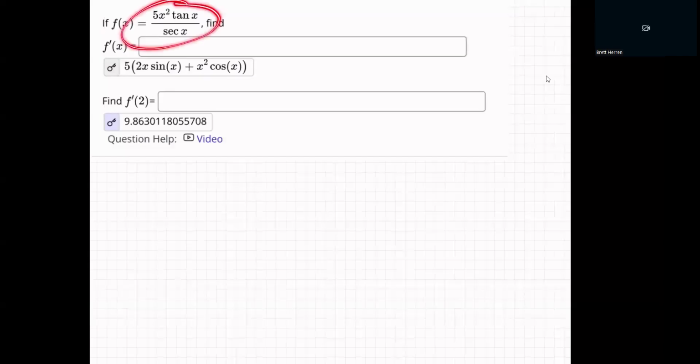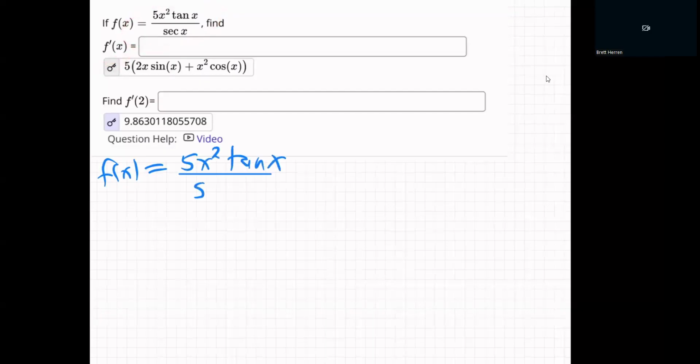This question, we have a function right there, and we're supposed to take the derivative of it. So let me bring that function down here and do a fraction bar, and we have 5x squared tangent x over secant x. Now, you could take this derivative and right away go, oh, it's a fraction. I'm going to have to do the quotient rule. But instead,